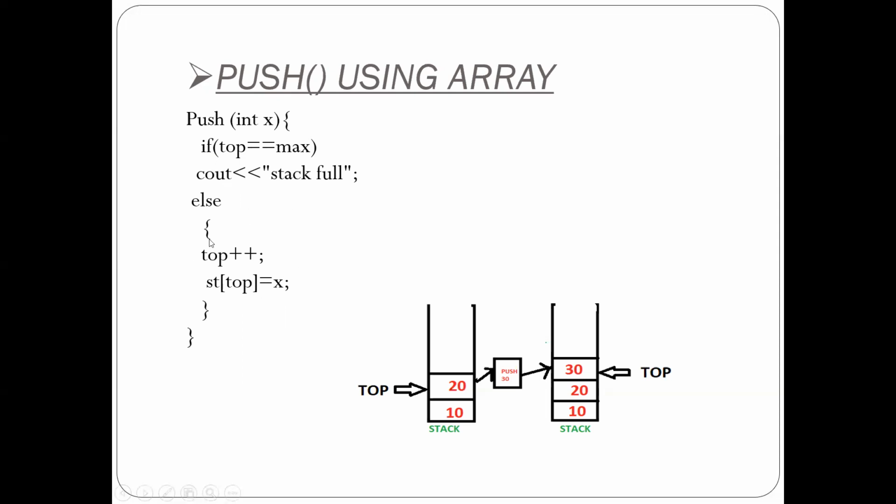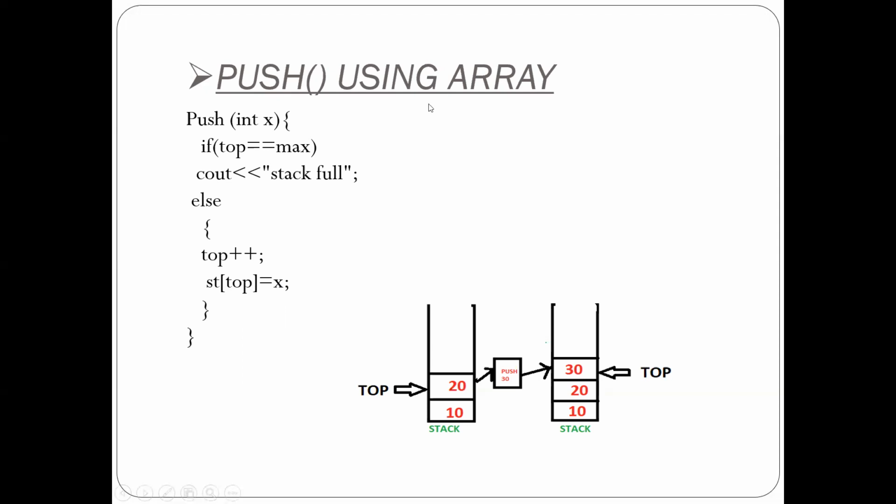So while implementing the push operation, now see here. Currently your top is at the 20 here. Whenever I want to insert this 30, what do we have to do first? First we have to increment this top so that it will point to the next position, and then in that next position, we can insert this 30. Same is here. Increment the top, that is top plus plus, and then st of top is equal to x here. This st is nothing but the array name I have given here, and where we want to insert into that array, actually at this top. So st of top is equal to x. X is nothing but the value which we want to push onto the stack here. So this is the only code for the push operation.